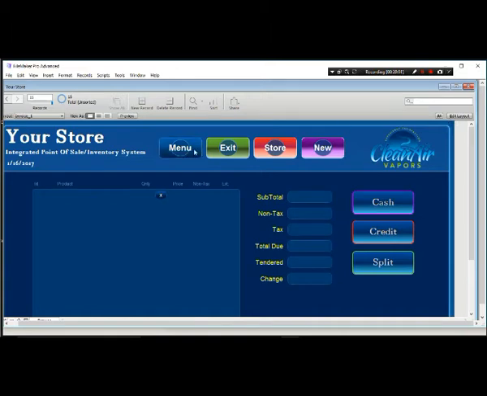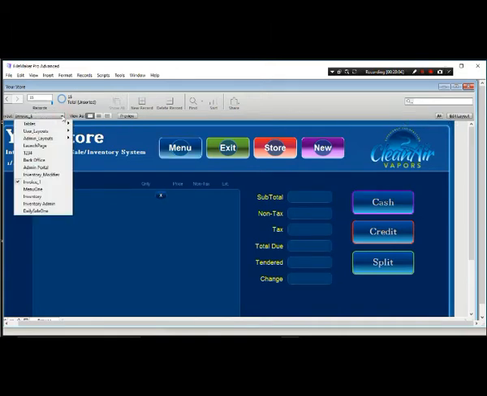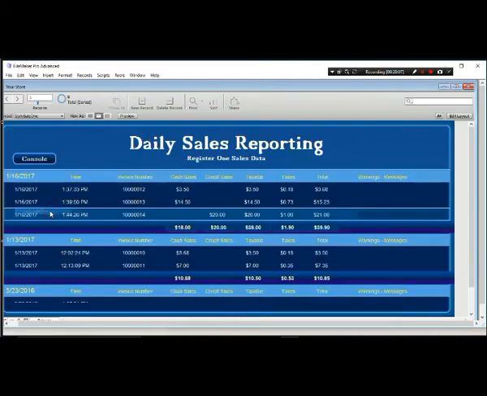And now when we go to our daily sales 1, we will see that here on this day, we had a $20 credit card sale and the taxes were $1. The warning messages, what I find is, like, if you put a discount button in and you want to know every time someone uses the discount button, that's where the warning message comes in. You can also program a warning button or a warning message so that if